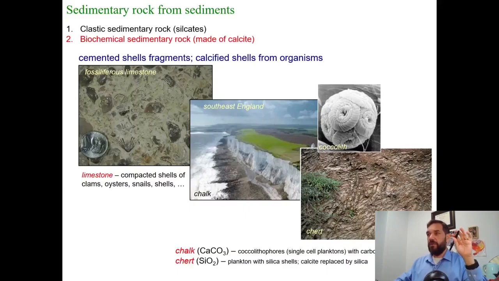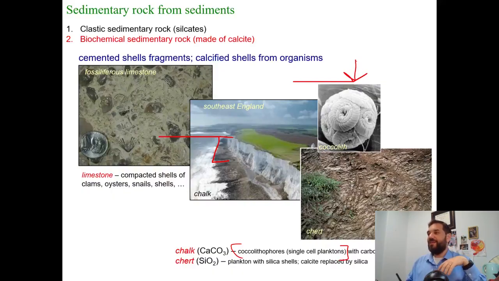Biochemical sedimentary rocks, some examples of that are limestone, chalk, chert. This, amazingly, is chalk. Look at these beautiful white chalk cliffs. These are the famous white cliffs of Dover. They are made, and this is just mind-boggling, almost entirely of tiny planktonic organism shells. They're totally microscopic, and they have a cute name. They're called coccolithophores. Coccolithophores are single-celled planktons with a carbonate shell, and they build up over time